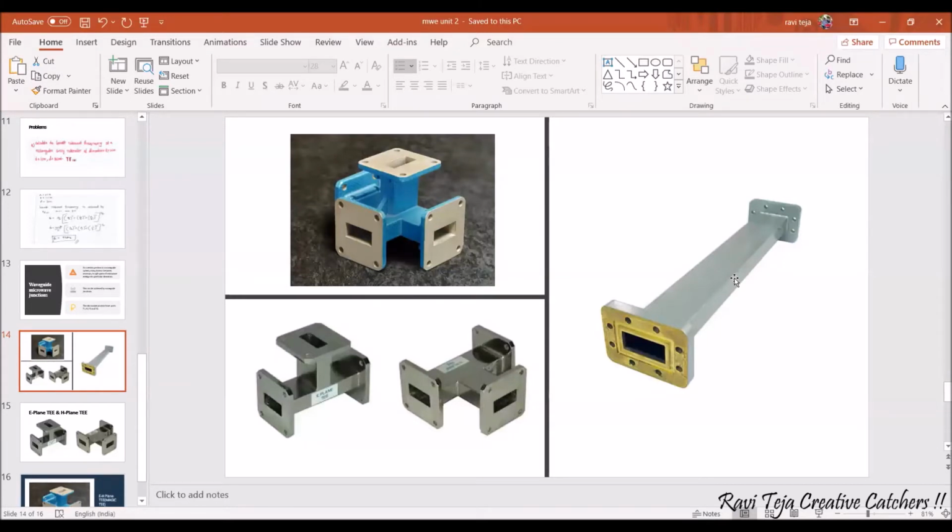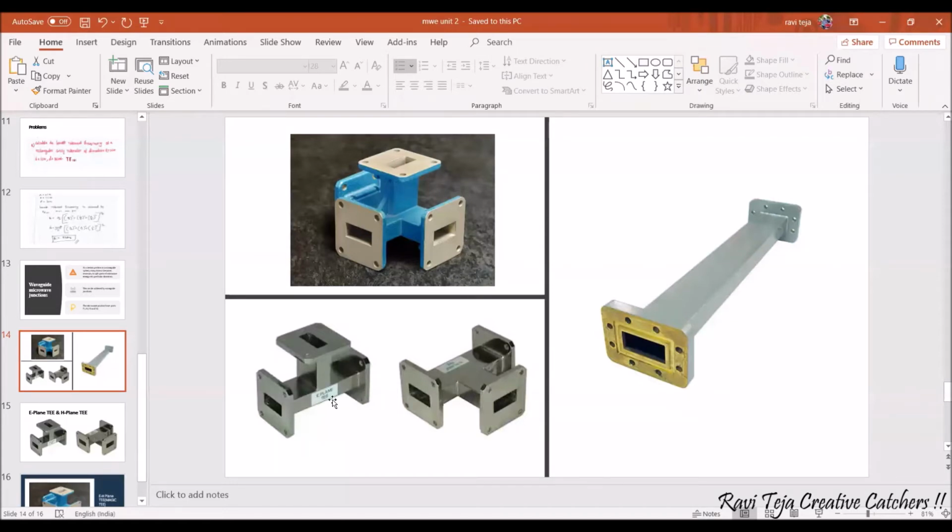Whenever we want to propagate any microwave signal, straight rectangular or circular or elliptical waveguides are used. Now in this case I want to distribute my microwave energy. So here come our microwave junctions. On the left side, what you see here, these are the main, very important microwave junctions. This is one kind of junction if you observe, and this is another kind of junction. So these are called 3-port junctions.